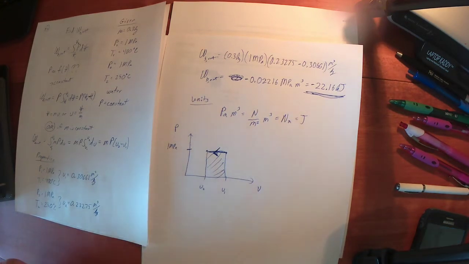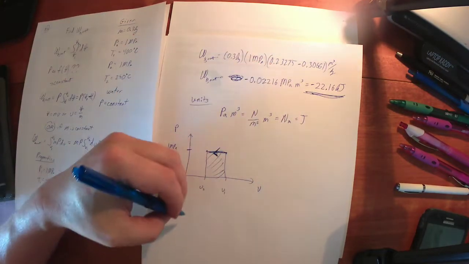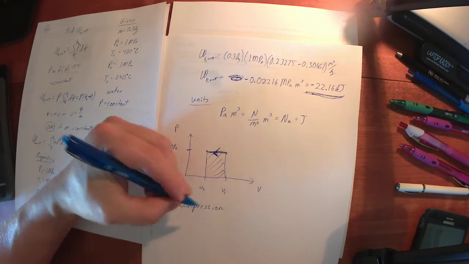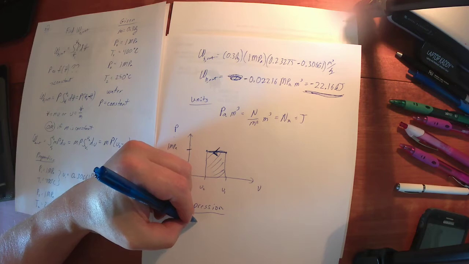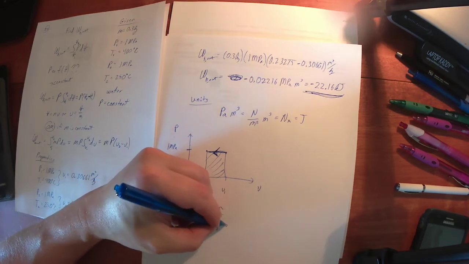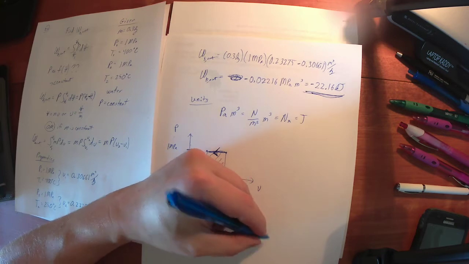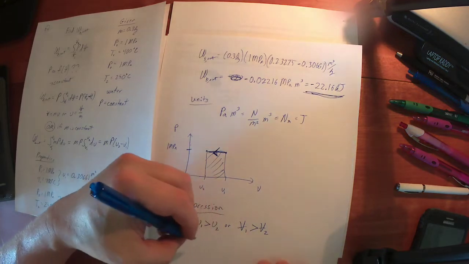So, what is this negative sign here telling me? Well, compression is what happens when V1 is greater than V2. Right? So when I go from a larger volume to a smaller volume, then this integral,